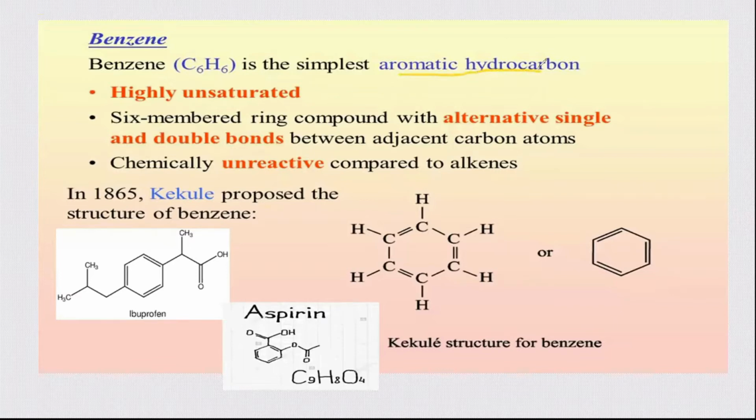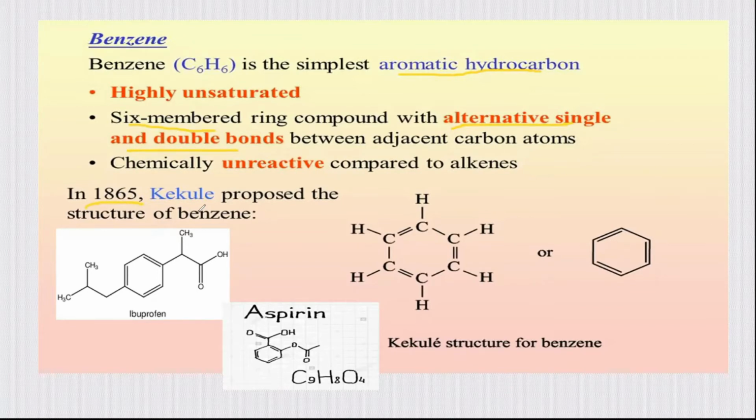It's highly unsaturated, a 6-member ring compound with alternating single and double bonds. Remember this about the benzene ring: alternating single and double bonds between adjacent carbon atoms. It is chemically unreactive compared to alkenes. In 1865, Kekule proposed the structure of benzene, in which the carbon